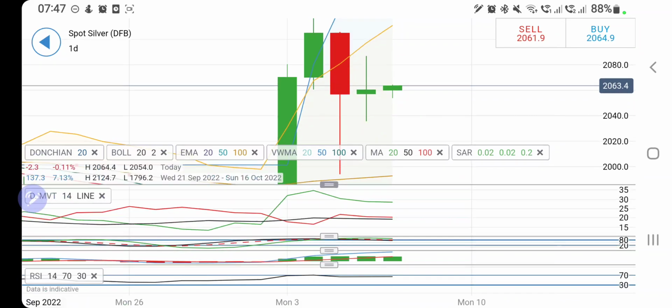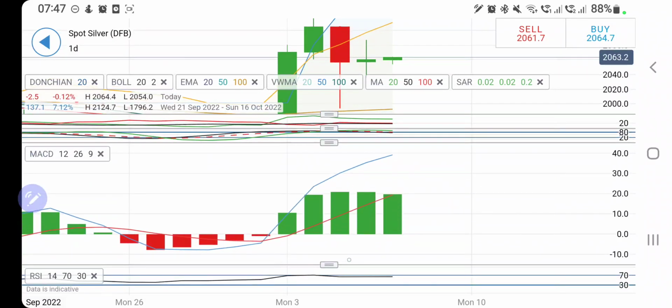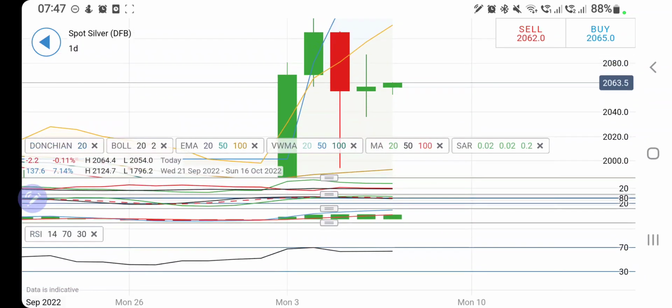So once again, the trades are confirmed. Directional movement is still bullish. Stochastic overbought, looking downward. The MACD is extremely divergent, extremely bullish. It has to converge. Hence, we can look forward to a drop there. RSI trading flat. So do not trade between 2050 and 2070, and in between these levels you have to look for caution. At the same time, on the upside, till 2090, 2100, at any point of time silver can reverse,